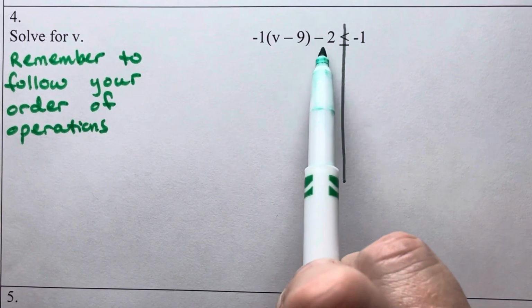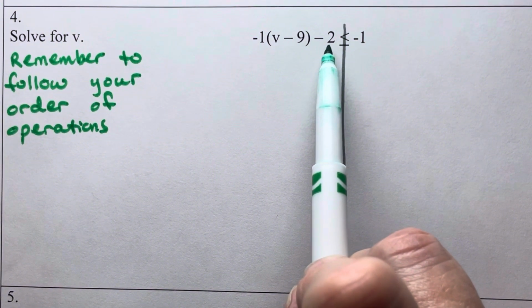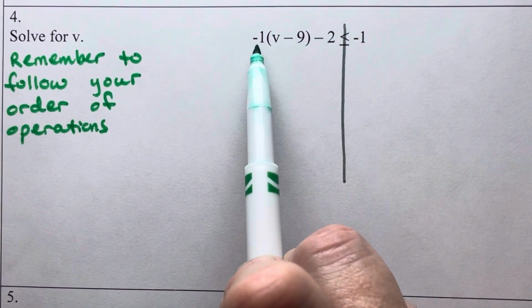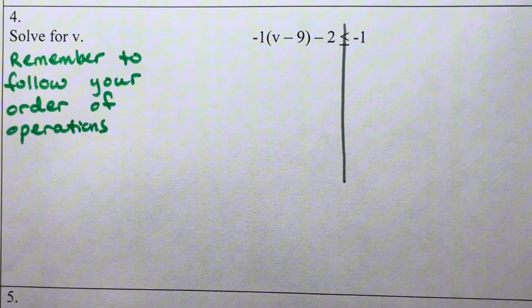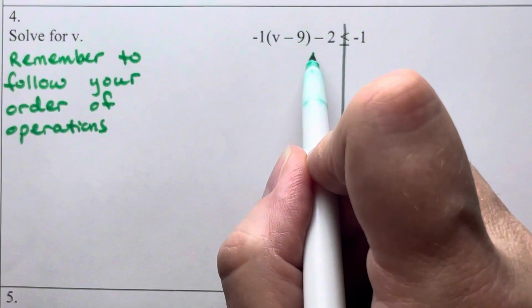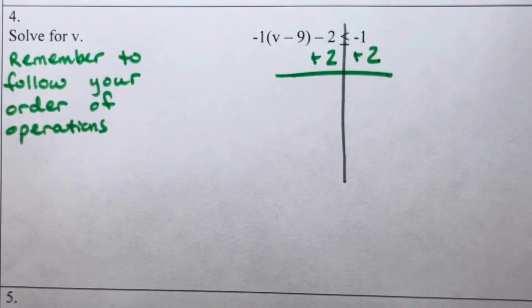we have to get rid of the 2 that is also outside of the parentheses, because we get rid of things that are adding and subtracting first before we deal with things that are multiplying and dividing, in most cases. So how do you get rid of the 2? Do its opposite. Let's add 2 to both sides of the river, allowing these 2's to cancel out, creating for